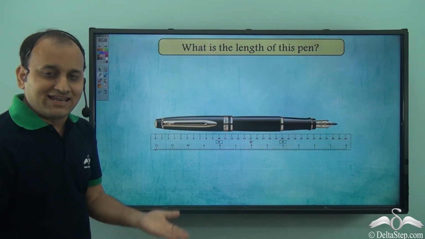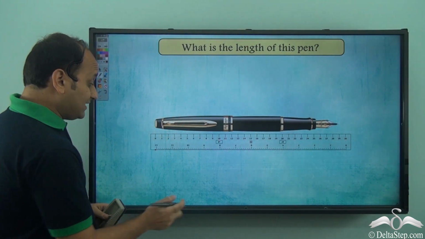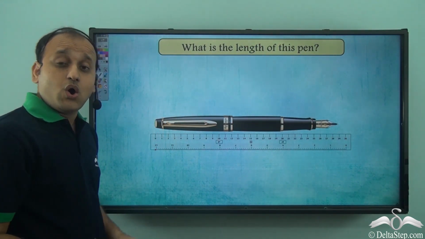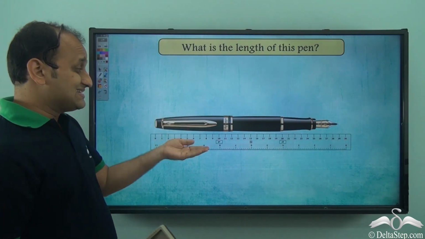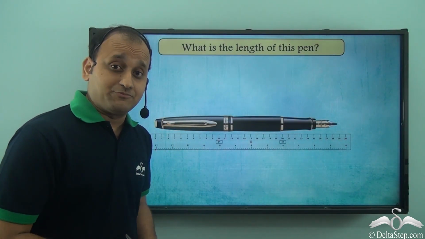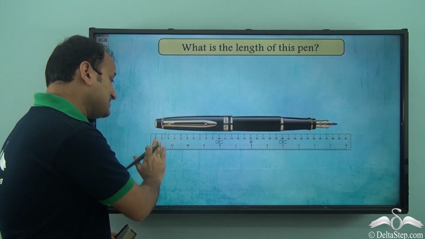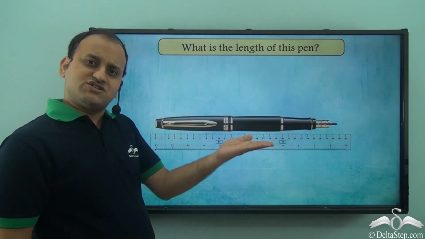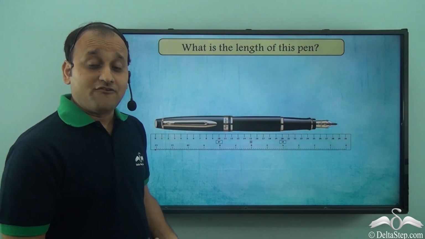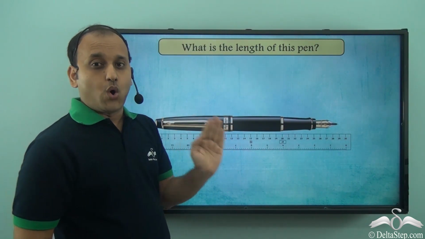So you can use anything. If you don't have anything with you, then you can even use your fingers to make sure that the edge of the object exactly matches with 0 on the ruler. Now this is important for irregular shaped objects, because when you are measuring regular shaped objects, this problem will not come, because you will be able to place the ruler in such a way that 0 exactly matches with one end of the object. But in the case of irregular objects, you will have to take help of something or the other so that you can make sure that one end matches with 0 on the ruler.